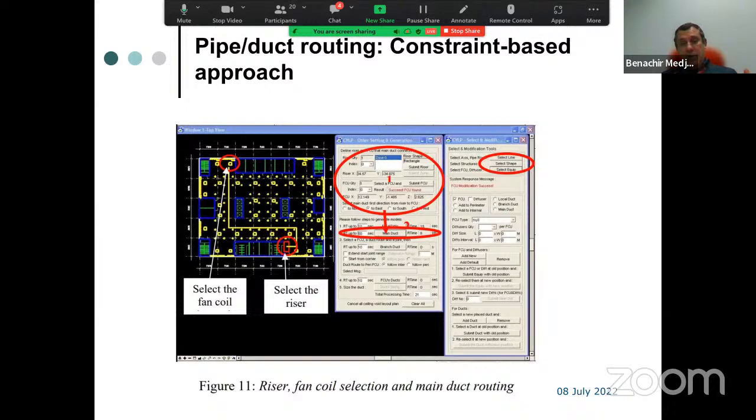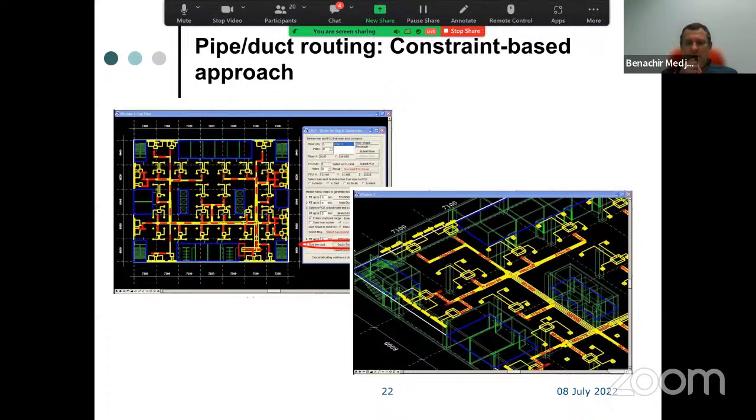Now, if there is an obstacle in the middle, for example, here, we can always imagine there is no possibility for three. The system will check then with 4 and with 5 and with 6, etc. Now, the heuristic allows us to look at the topology of the existing building to help the pipe routing algorithm choose the number of segments from the beginning, which could be close to the solution, just to reduce the response time. Okay. And these are examples of the output we had on the system.